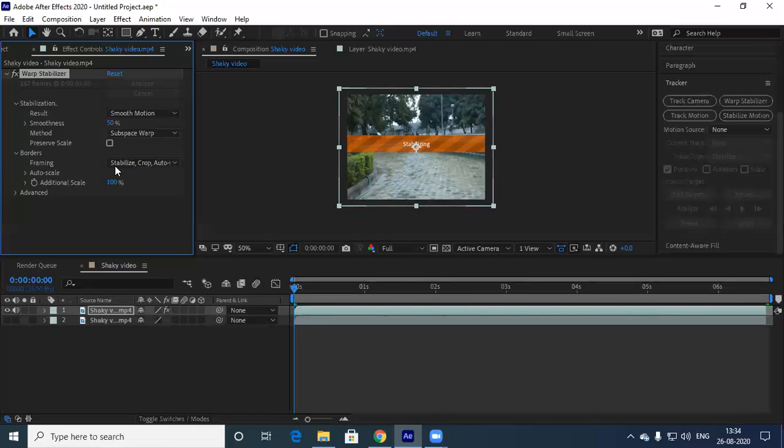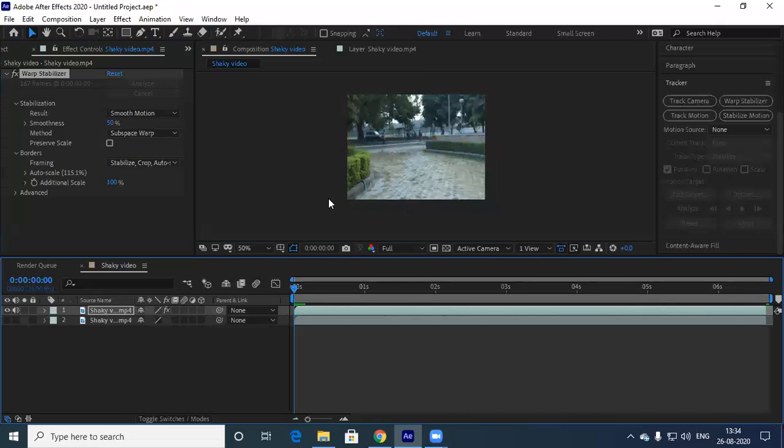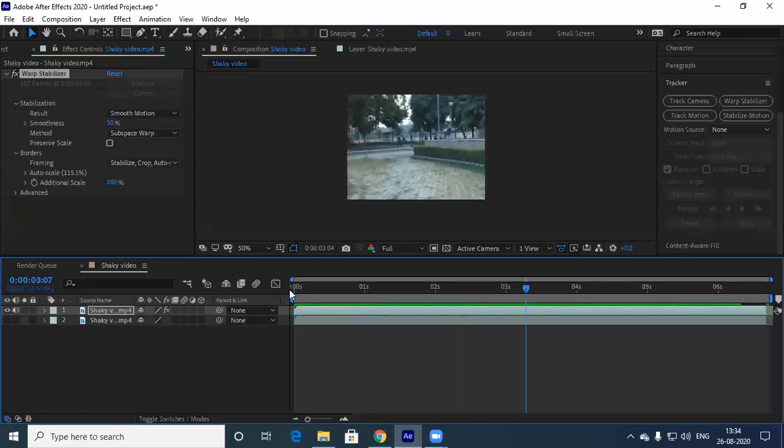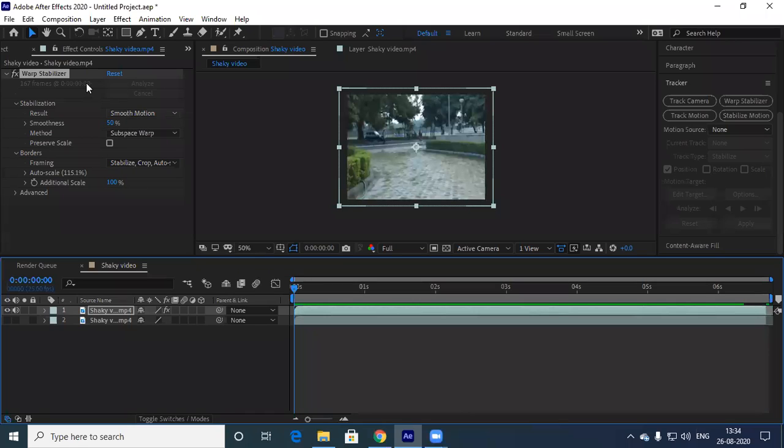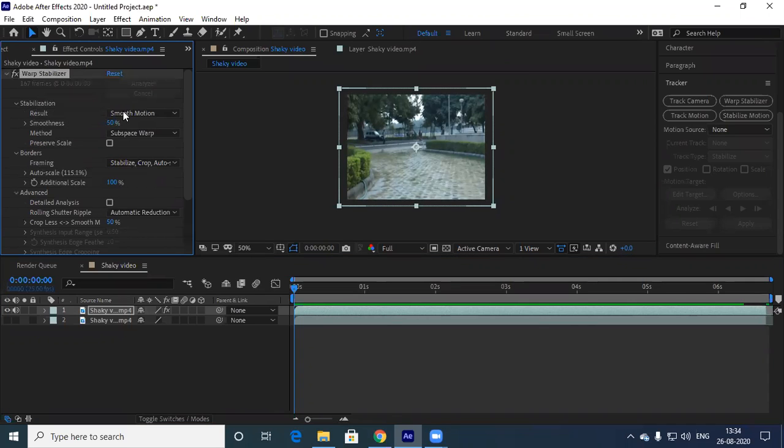Okay, let's see what output we get after we stabilize. So now it's done. Analyze is done, then subspace warp, smooth motion.